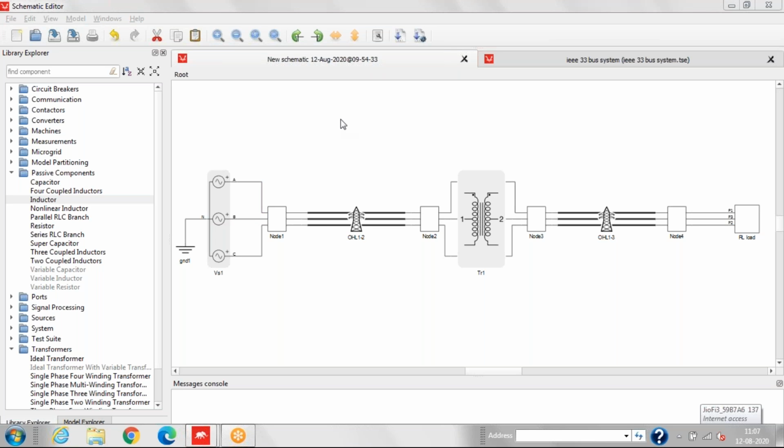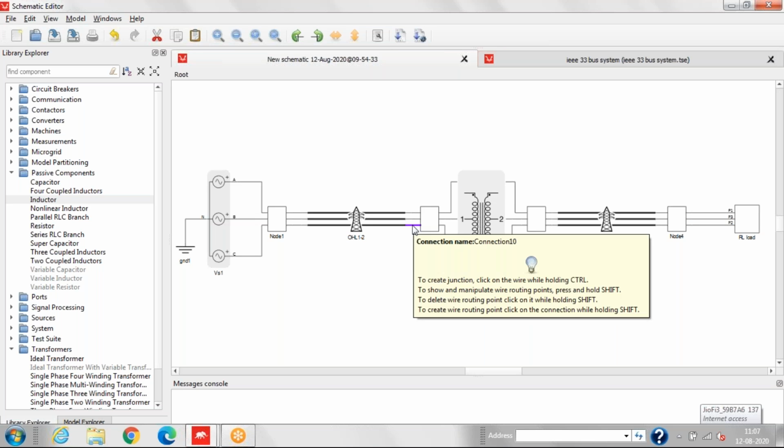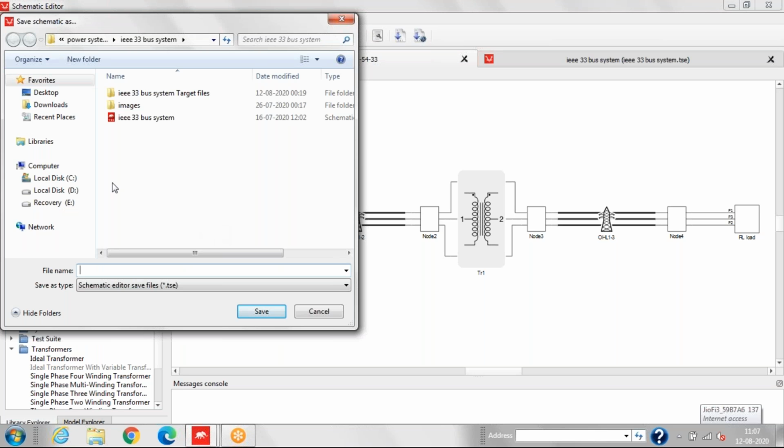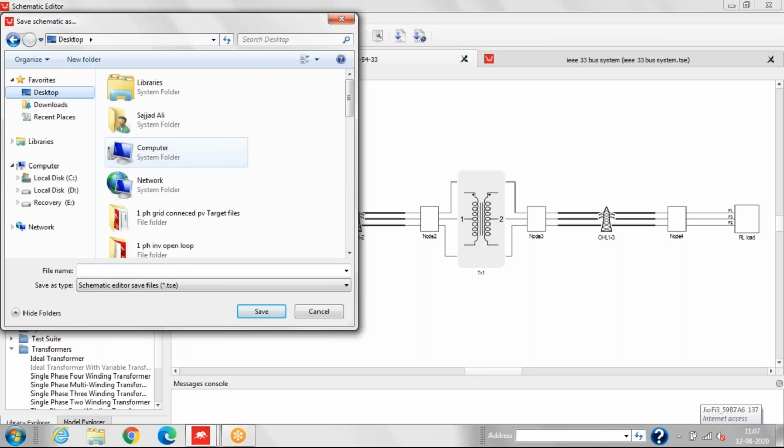Now we require to initialize the settings. Whatever the load and other execution, whatever we have provided, the TS and execution rate and IS transmitter, all these values will be defined in the model initialization. First we'll save this model on the desktop.